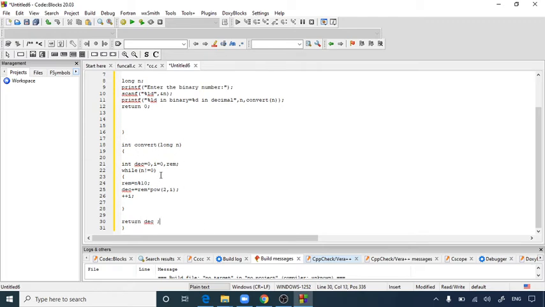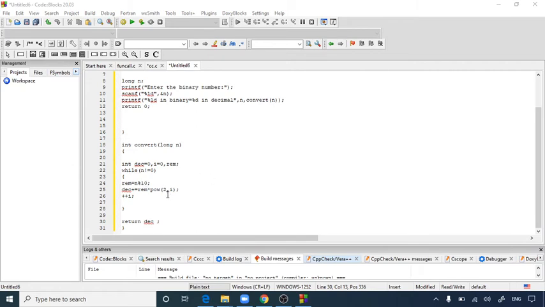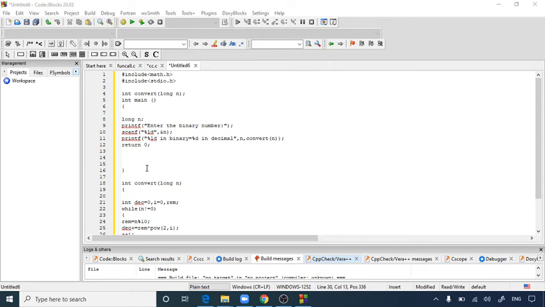So here I have used a while loop, while n is not 0. Whatever the number is, suppose it's 6 digits like 101010, if there are 6 digits, then for 6 iterations it has to do the same. For the first digit, suppose it's 1, then it gets multiplied by 2 raised to that position. That's why we have used a power function here. This power function is included in the math library, that's why we have included the math header file. This way you can keep incrementing i, and till it reaches the last digit it has to perform this to convert it into the decimal number.